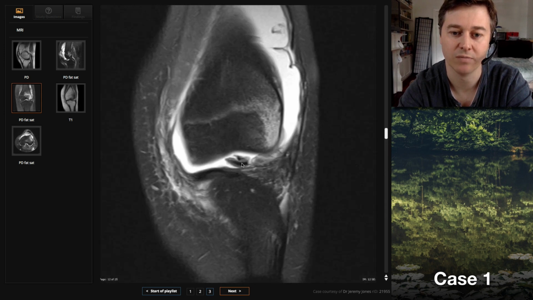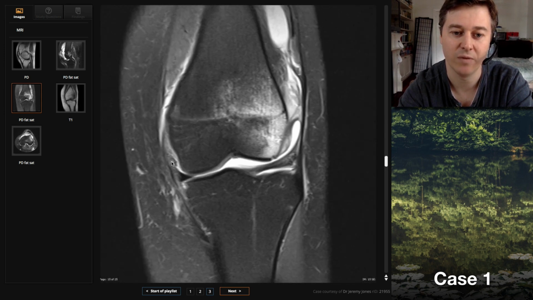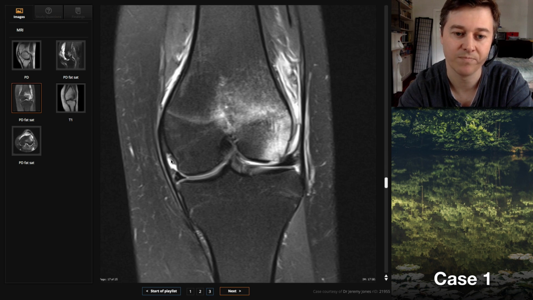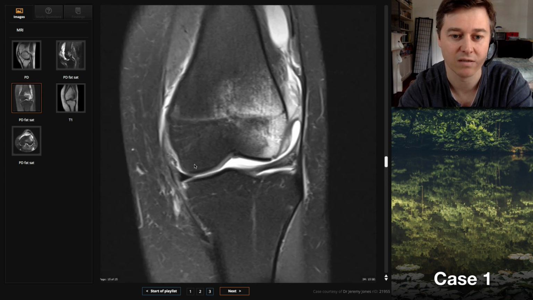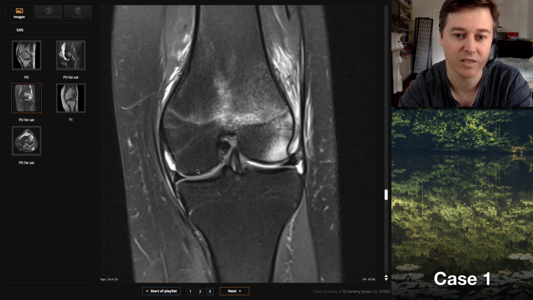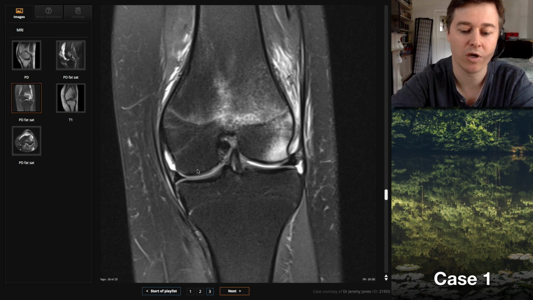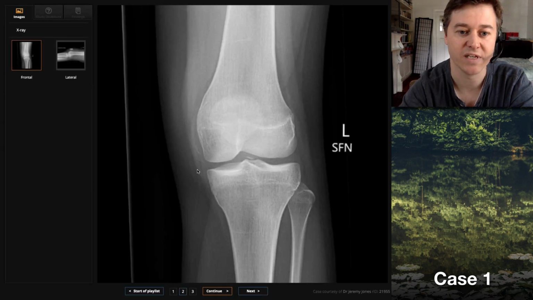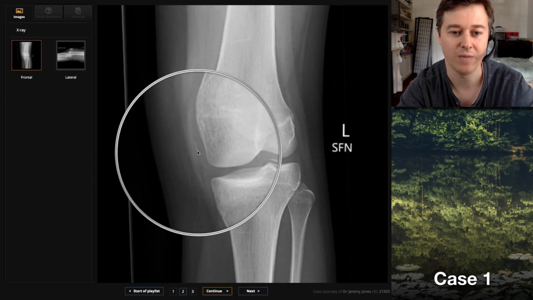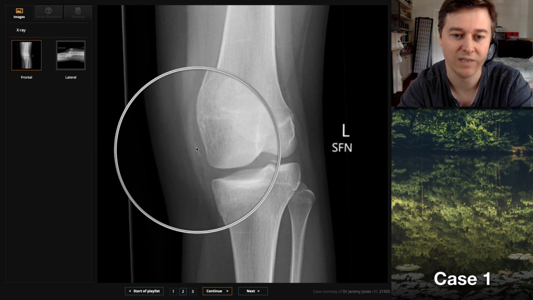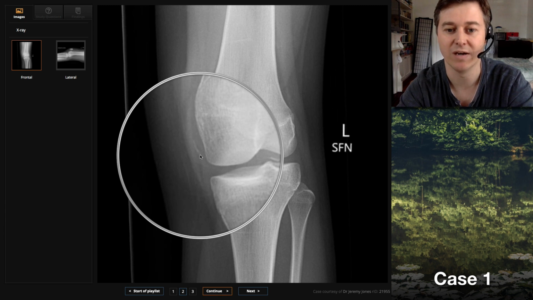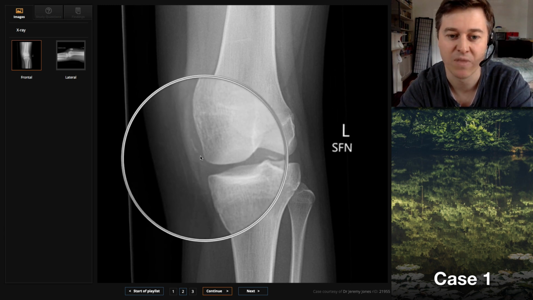of the joint here, which we saw in our plain film. The one that was medial on the plain film over here has probably migrated posteriorly in the joint since then on the MRI, because I can't really see it over here. But if we go back to the plain film for a second, we describe this as the sliver sign. Often when you see these longitudinal or curvilinear calcified fragments inside a joint, often that's the tip of